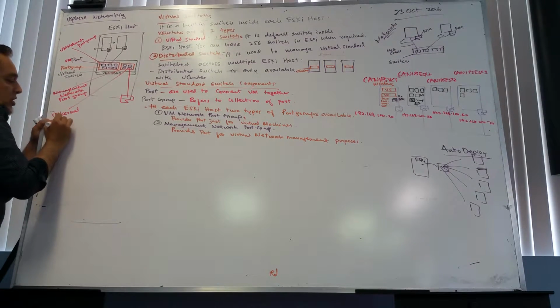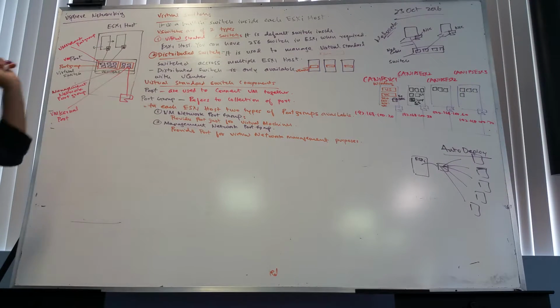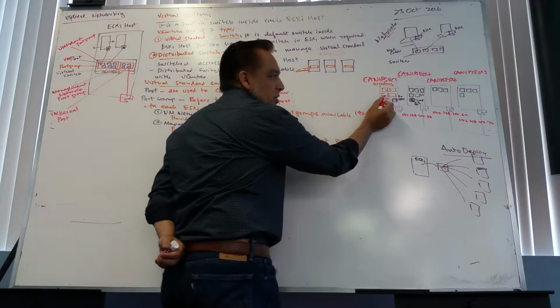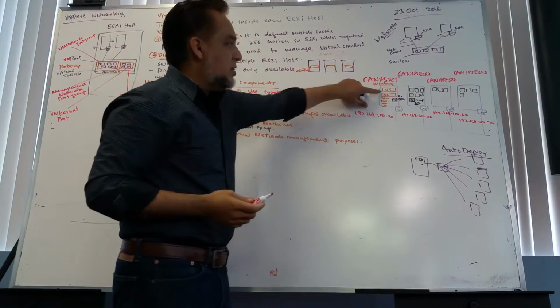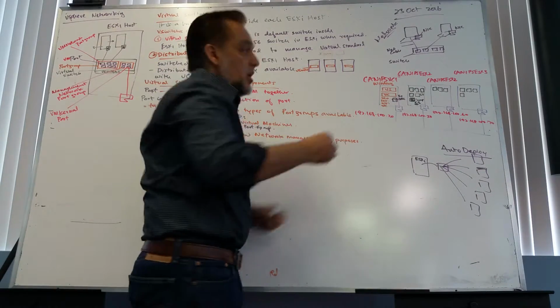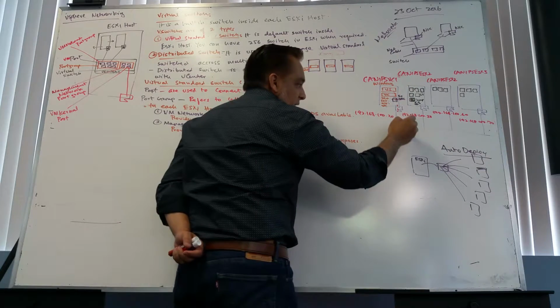VM kernel port. The main function of this VM kernel port is for us to connect to the ESXi host and configure it. So it's connected by default, right? By default, I mean, with this network card, basically, this is our vSphere client. What is the main function of vSphere client? To manage ESXi. Yes. Basically, you are going from your vSphere client to your network card and outside, and then